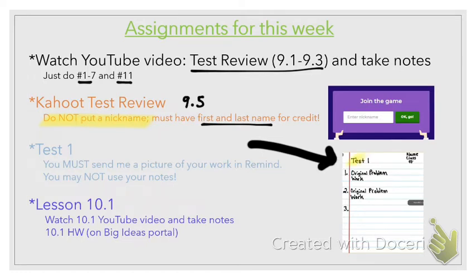You're going to label it Test 1. You will have over here your name, class, and your number. And then you can see right here, just like we've done all year long, you must number every single problem, write the original problem, show me your work, and box in your answer. If I do not receive this from you, it is as if you did not take the test. If I don't have your work, I cannot give you credit for it.